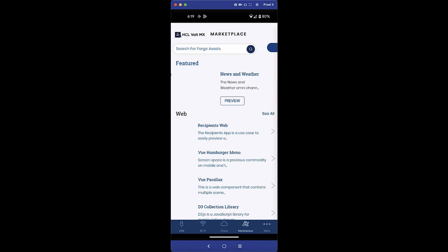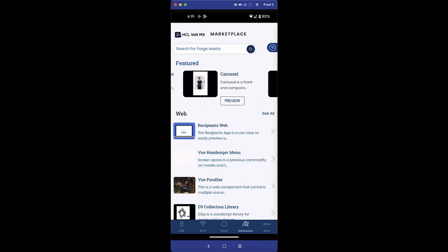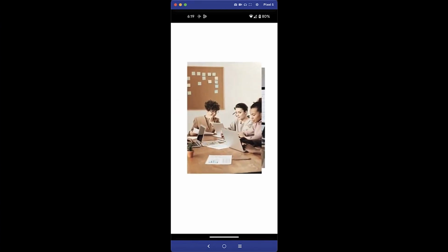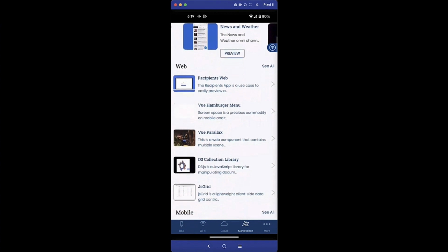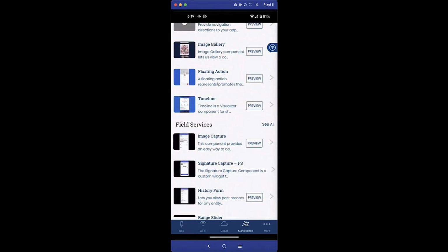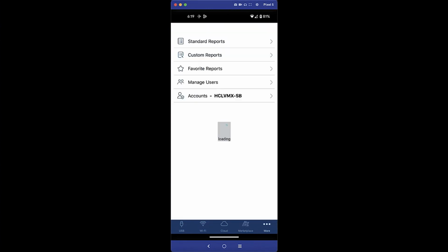This also connects to Marketplace, the same thing that we saw earlier, but now from within this, you can preview any of the components that are published to Marketplace. I just click on the preview button. It downloads the same thing as though it's an app. I can see, for example, a carousel view, or if I'm looking for something else, any image gallery or signature capture, I can just click on that, click on preview, and I'll be able to